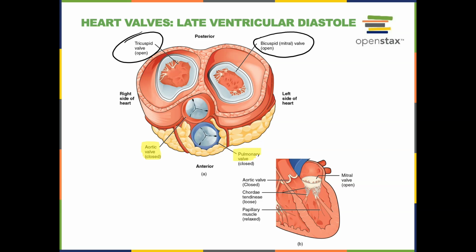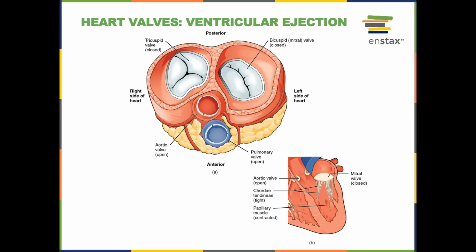The semilunar valves remain closed during isovolumetric contraction. Here we see that the semilunar valves open during ventricular ejection. This is because the blood pressure inside of the ventricles is greater than the blood pressure inside of the arteries. This blood pressure forces open the semilunar valves, enabling blood to flow out of the ventricles into the arteries